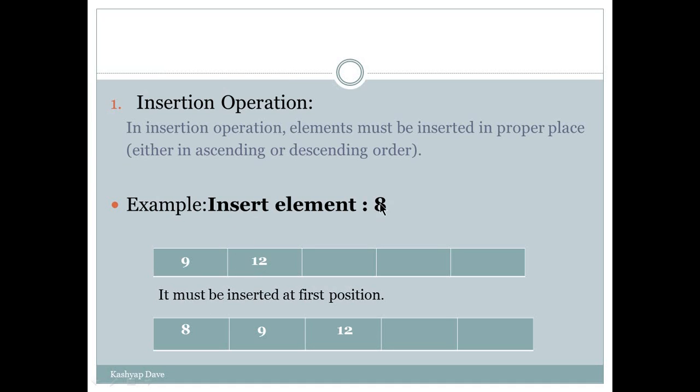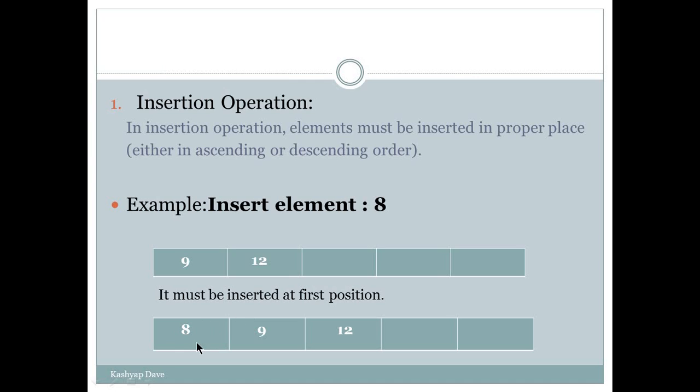If we want to insert element 8, then we have to know that ascending order is applicable on this ascending priority queue. So our numbers must be in order, that means our 8 will be here, and after that 9 and 12.